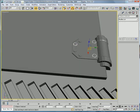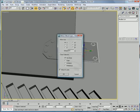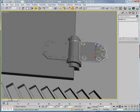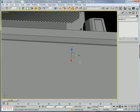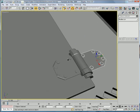Okay, next select all those, copy them right here, mirror on the Y. Okay, bring them out a bit, and just sink them right back into the floor to get that kind of effect. Okay, and then select all the rest